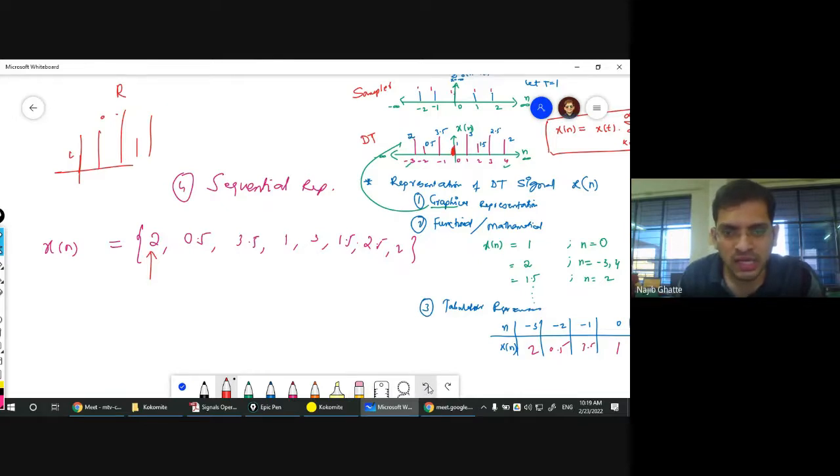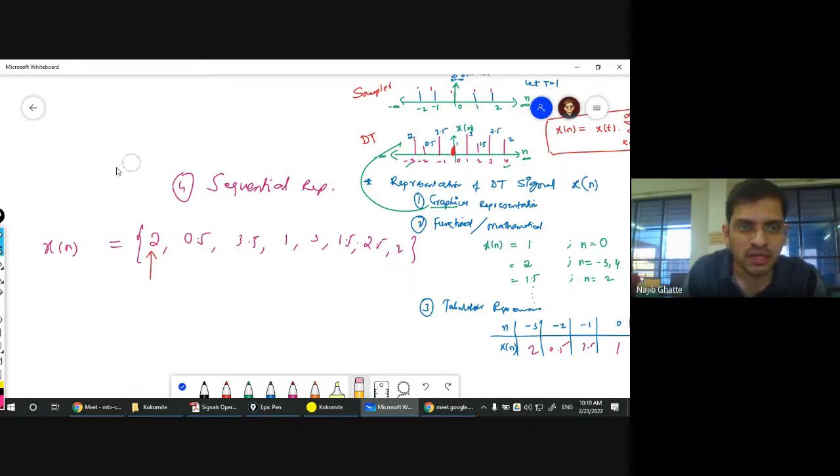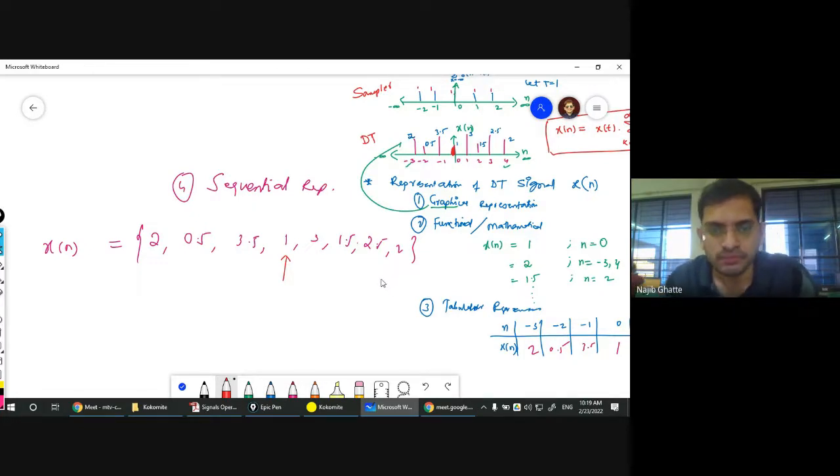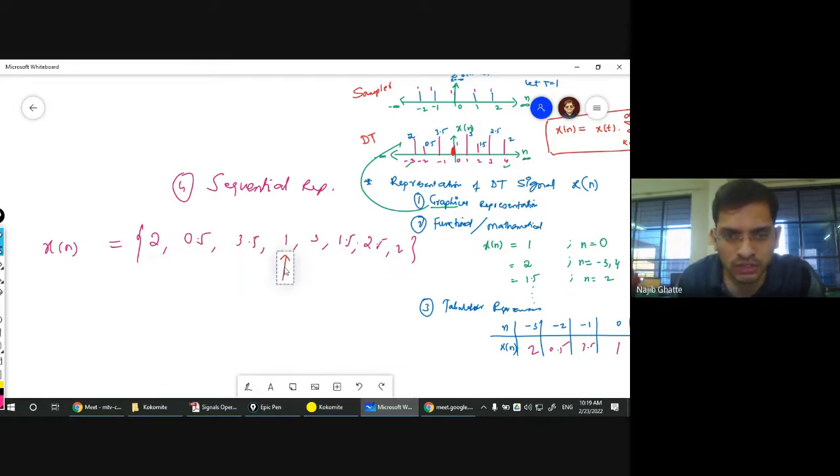Now, in this case, if I say the arrow is not over here, the arrow is somewhere over here, what is the meaning of this? Is this a both-sided function or a one-sided function, sir? Both-sided. Fantastic. If I ask you, now the arrow is not over here, the arrow is now over here, what will you say? Left sided. It is one-sided, but it is on the left side of the plane.